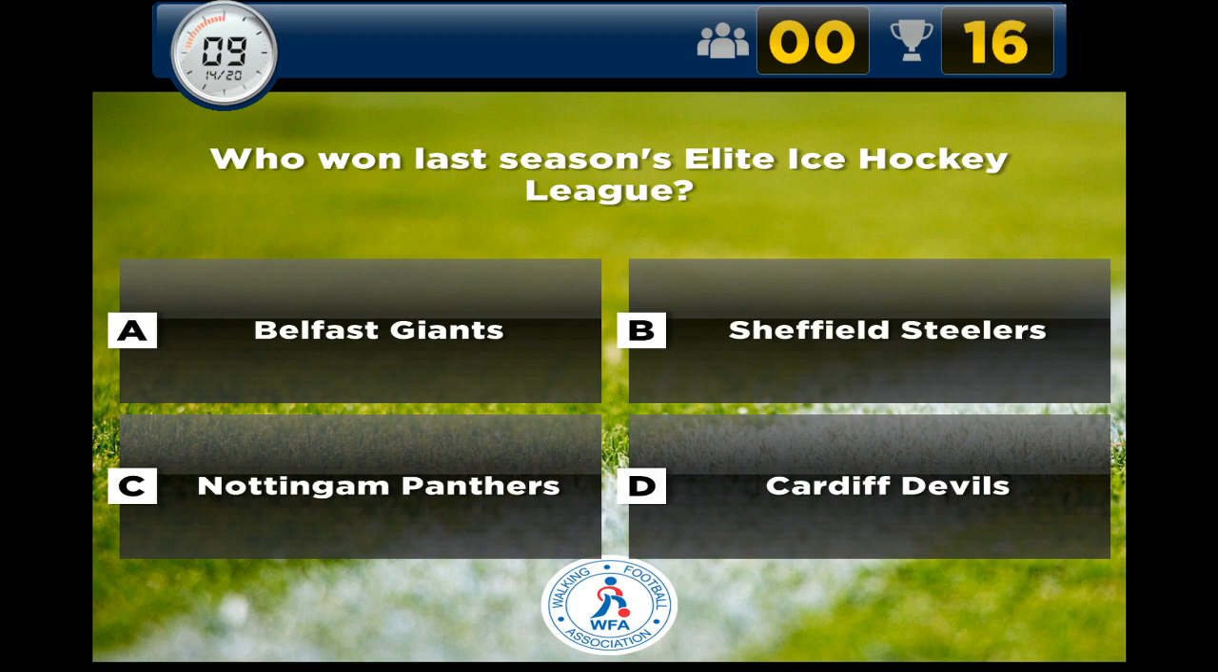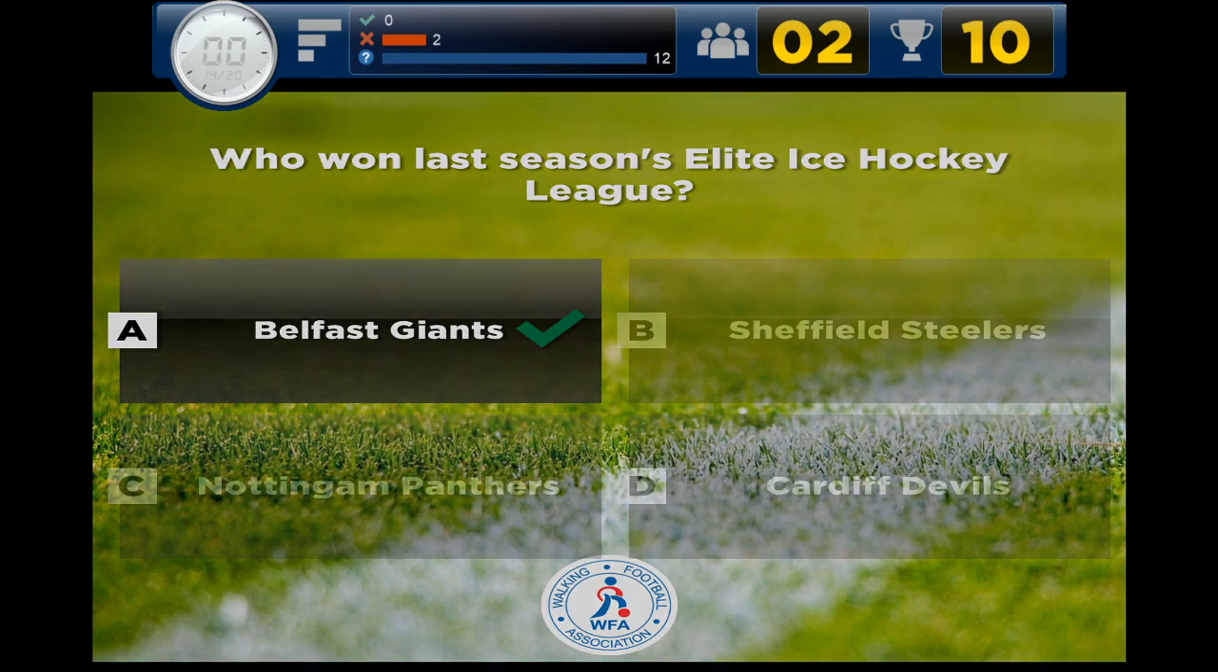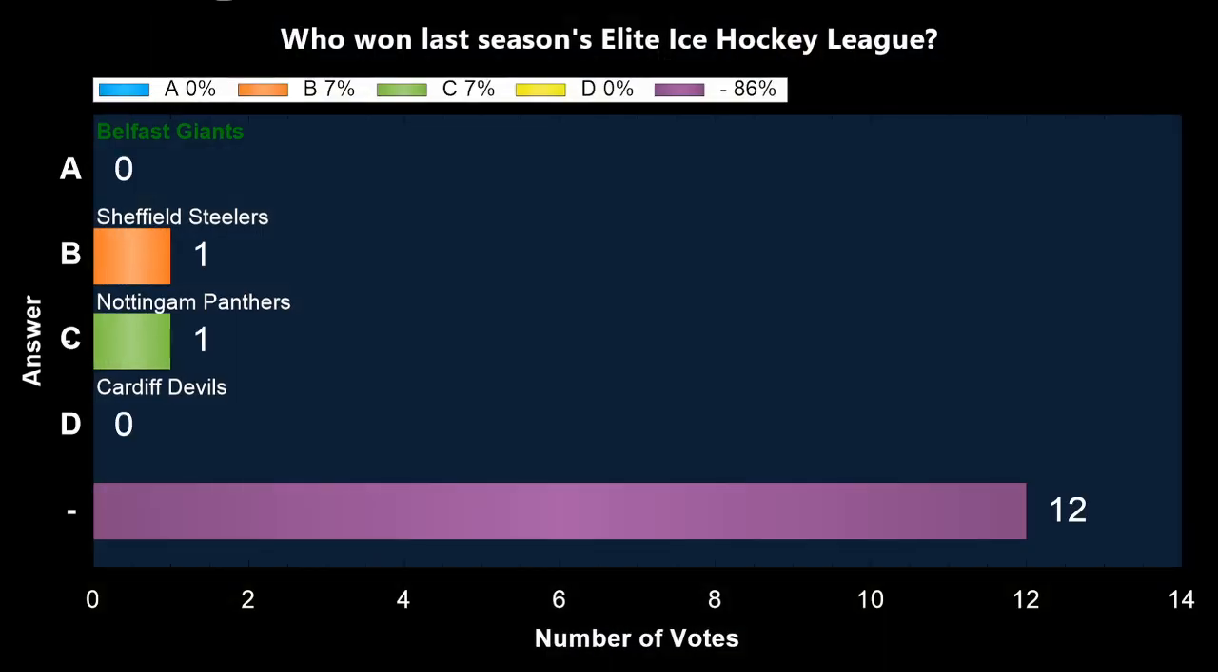Clearly there is a higher than normal delay over the internet today for some reason. That's causing an issue with the scoring. Only 2 logged in there, but I'm sure that you all had a go. Belfast Giants the answer. That's had no effect on the leaderboard because one going for the Steelers and the other